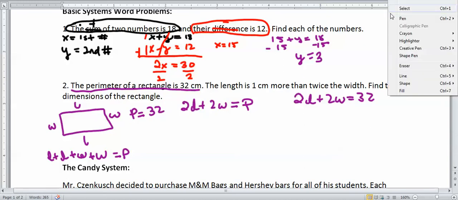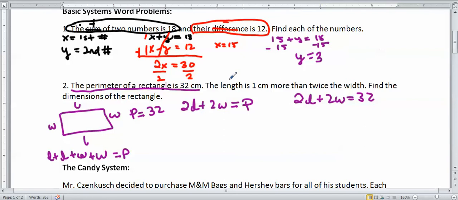Now, it says that the length is 1 centimeter more than twice the width. So this is kind of a backwards problem. First of all, it's telling me that my length L is equal to 1 centimeter more than twice the width. So if I take twice the width and add 1 to it, because twice the width I can replace with 2 times W, it says